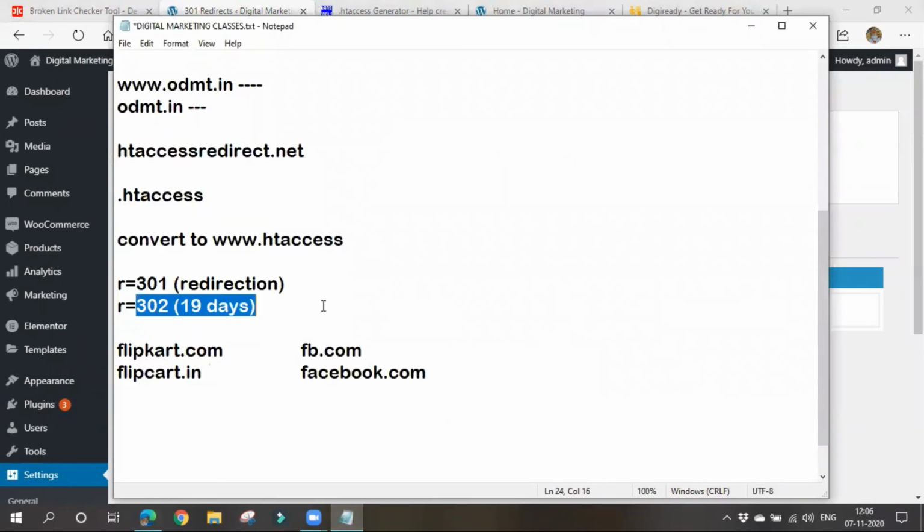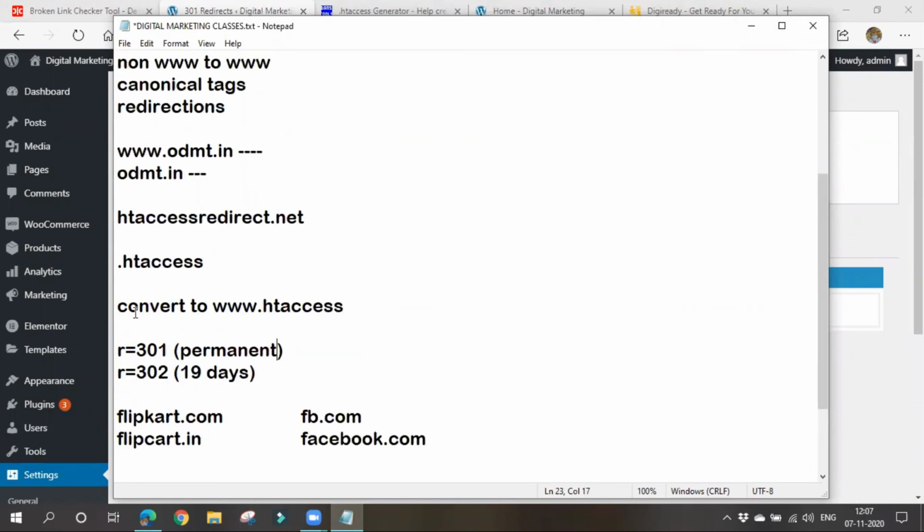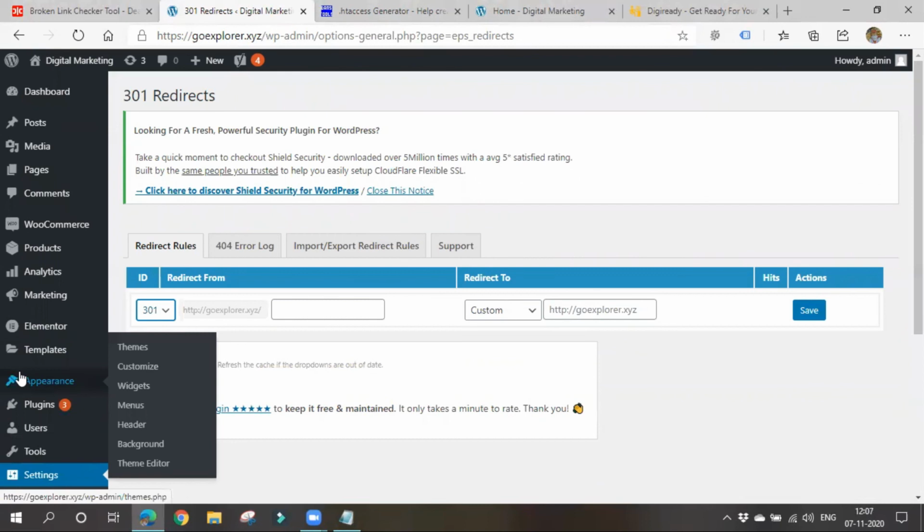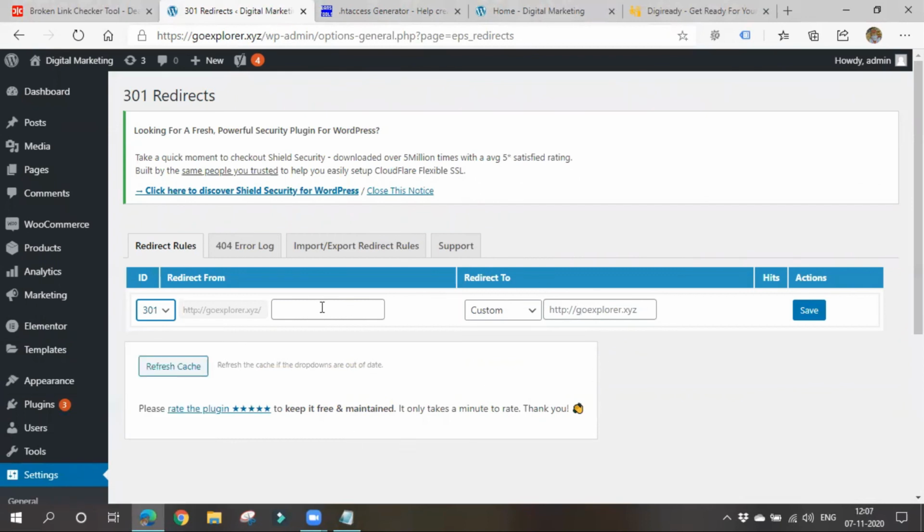It lasts for some 19 days or so. So if you want to temporarily divert your customers to some other website, if your website is not working currently, you can do that.